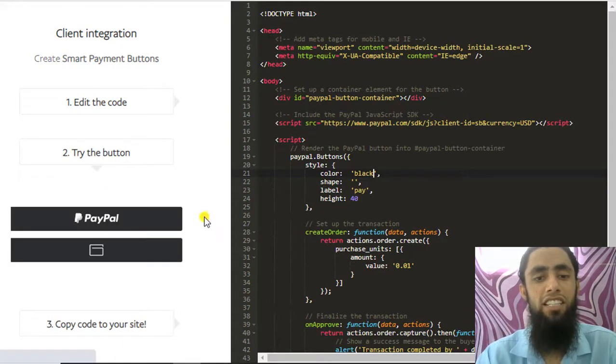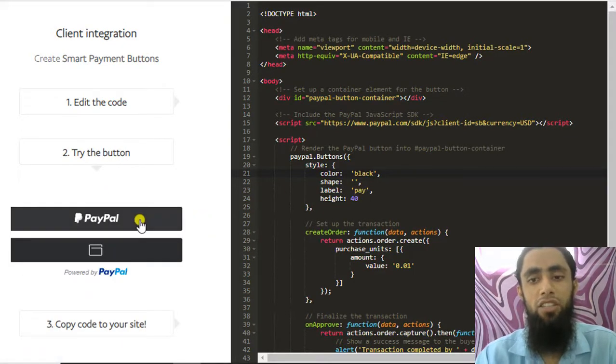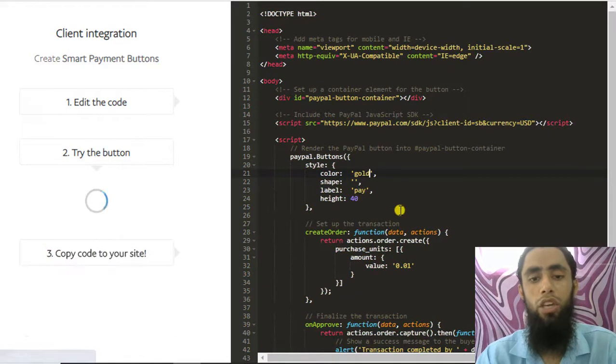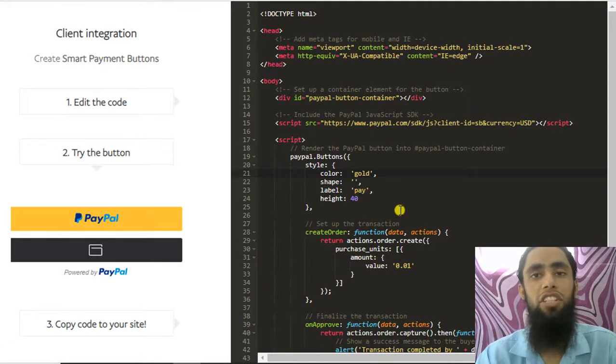You can see that this color is now black. Once again I'm going to write gold, which is looking good. And if you are interested in the black one or the silver one, you can do that as well.